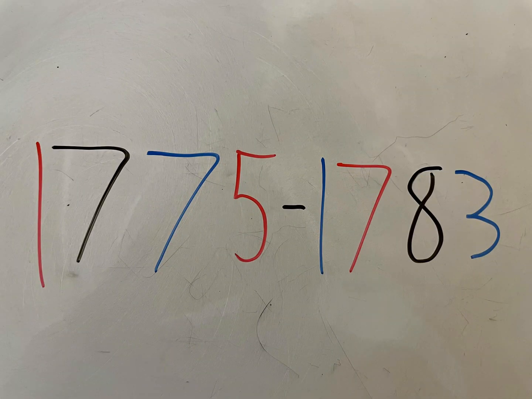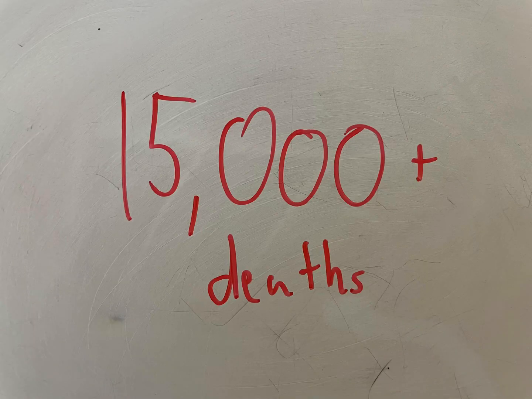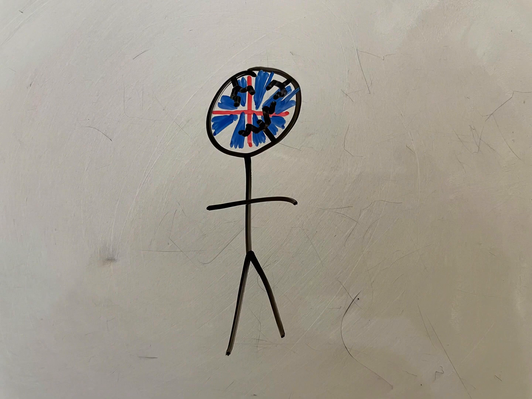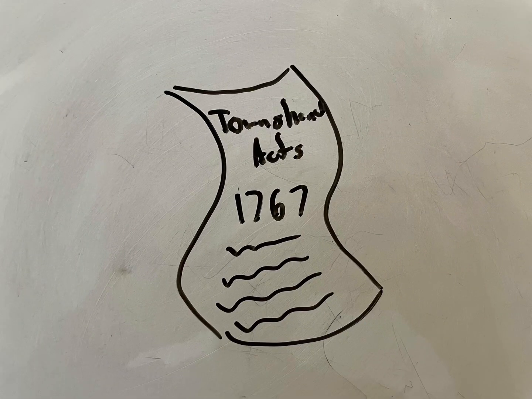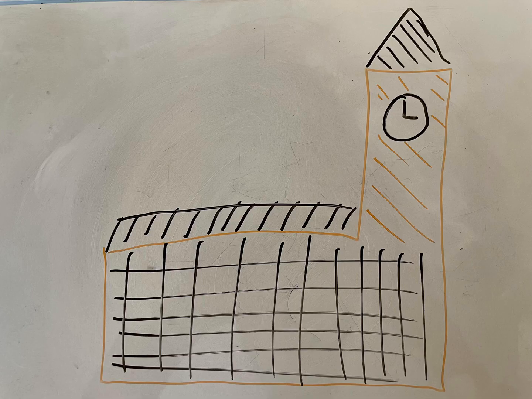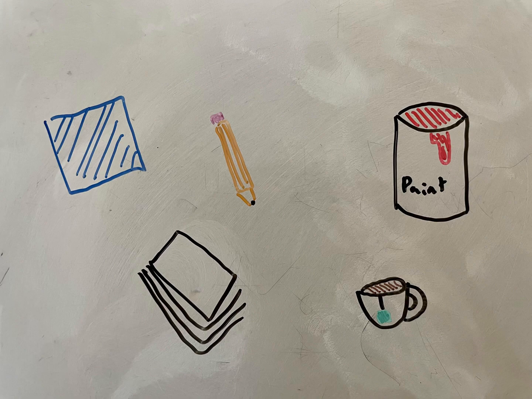But what were the causes of this 8-year conflict which claimed the lives of over 15,000 Americans and Brits, showing the world the cracks in the British Empire and inspiring countless revolutions for centuries to come, with varying degrees of success? In 1767, the Townshend Acts were imposed by the British Parliament, placing taxes on glass, lead, paint, paper, and